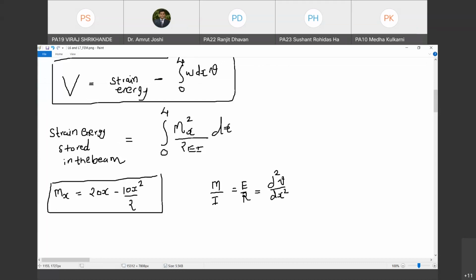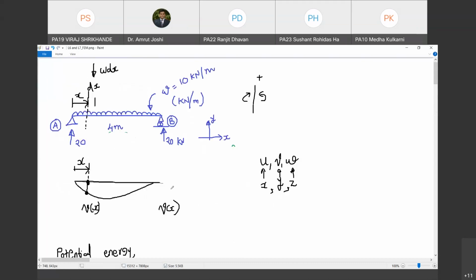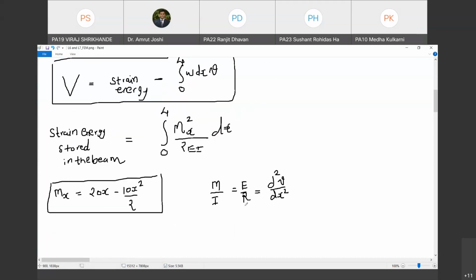Look, we did this last time, we replaced it by d square y by dx square. What is y? y is nothing but the y directional deformation at any x. But here we have used the standard notation. Y directional deformation, we are denoting it by the term v. So therefore d square y by dx square is replaced by d square v by dx square. So 1 upon R is d square v by dx square for small deformations. This also we have discussed in earlier classes. So M is equal to EI d square v by dx square.